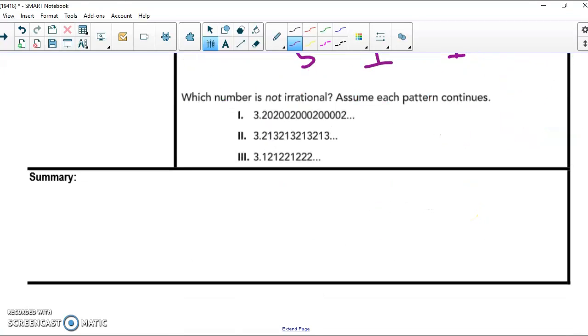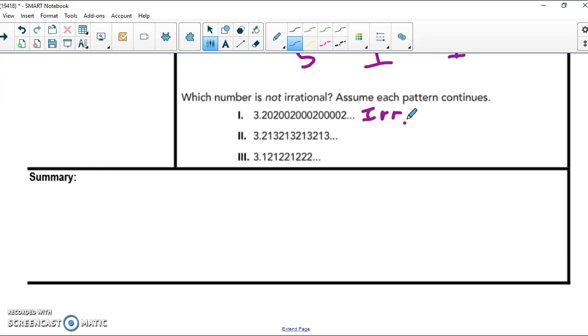All right, let's check out some patterns. We're looking at decimal expansions, and we want to know which number is not irrational. So let's look at each of these. On number 1, I have 3.20, 200, 2000, 20000. So I definitely have a pattern, but is it repeating? If it's not the same exact pattern over and over and over,